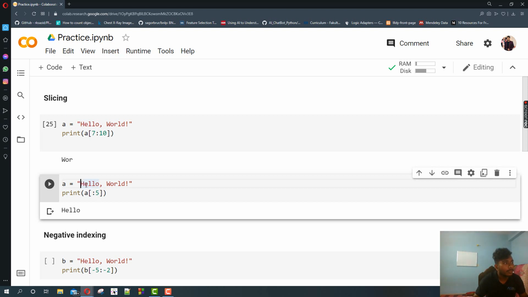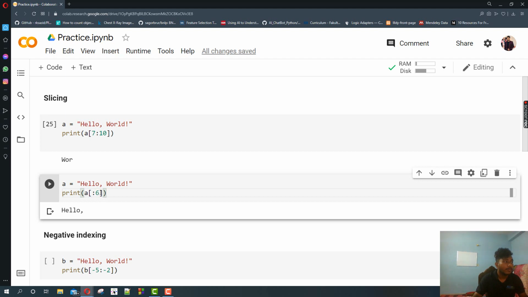That means 0, 1, 2, 3, 4. From index 0 to 4 it will be printed. If you want to print the comma also, you have to specify that index, then it will print the comma.